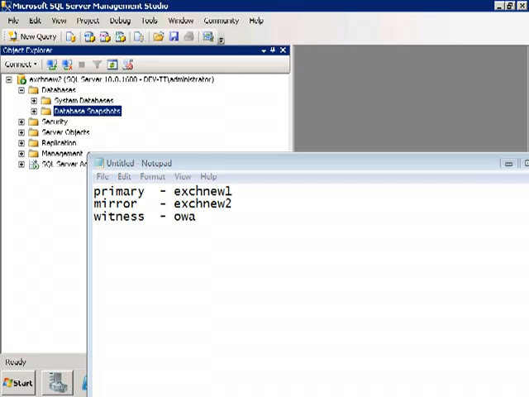Okay, so in this tutorial we're going to take a look at SQL Server 2008 database mirroring. For this lab we are using three servers. The primary server called EXCHNU1 will be the primary database. The mirror server will be on EXCHNU2 and the witness server is installed on SQL Express 2008 on a server